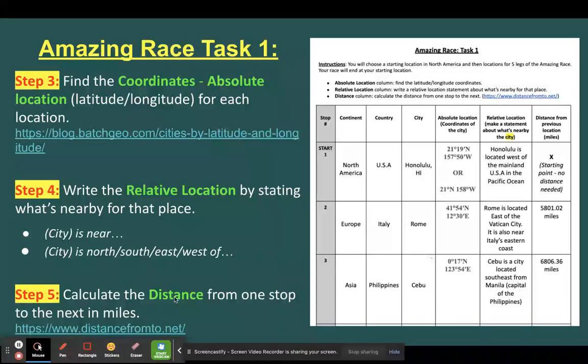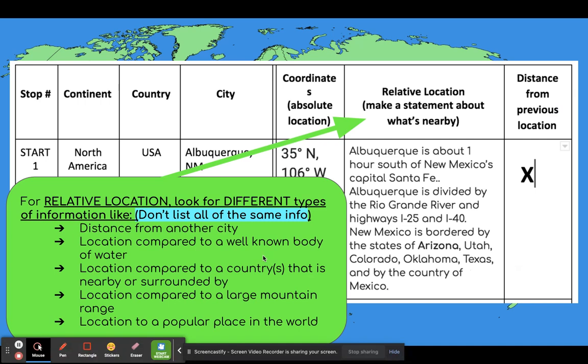Then you're going to calculate the distance from one stop to the next in miles. You don't have to do that for the first stop, but you will do that from the first city to the second city. How far of a distance is that? There's a website there to help you with that. And for relative